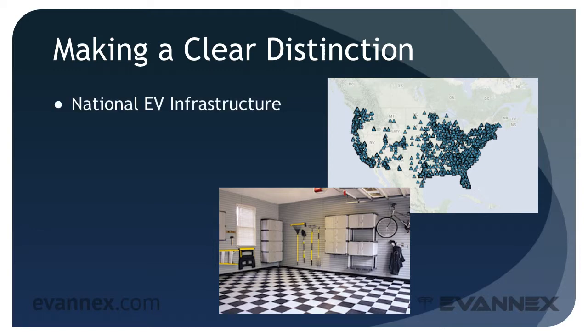Most industrialized nations have established a national EV infrastructure program that includes charging stations along major roads in many cities and at shopping locations, stadiums, hotels, and other public facilities. In the United States, we have no national program, but private efforts to create an EV charging network are ongoing. For example, Tesla Motors has been building its own national infrastructure of EV superchargers and already has over 200 in